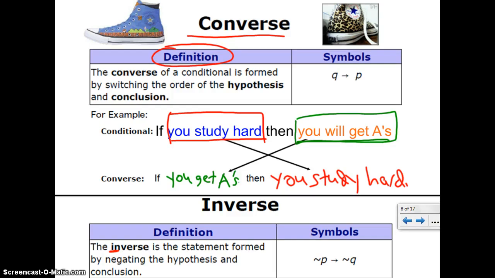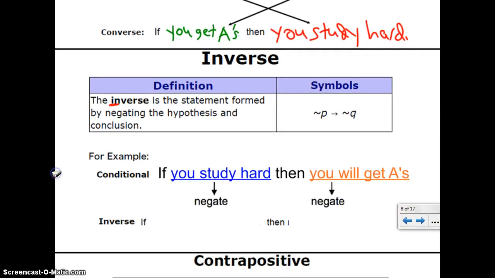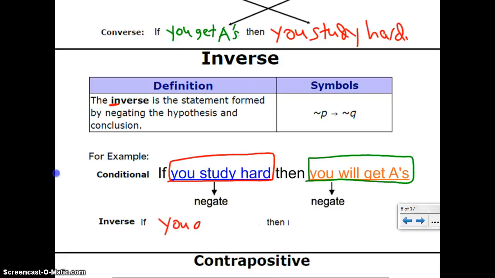All right, let's look at inverse. There's the fancy definition, but you want to know, what does it mean? Basically what this means is you're going to negate each chunk. So right here we have this if you study hard chunk right here. And then we have the then you will get A's chunk. So now to negate means to make something negative, we know that. But in this case it's going to be to make it the opposite. So what's the opposite of if you study hard? Well, how about if you don't